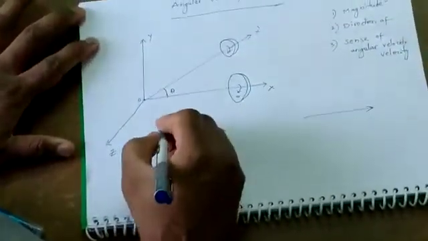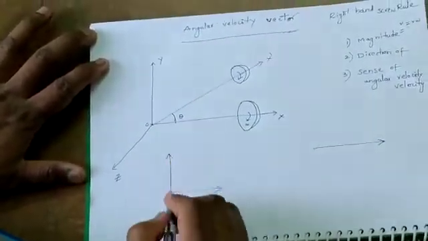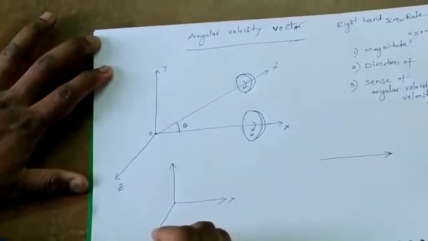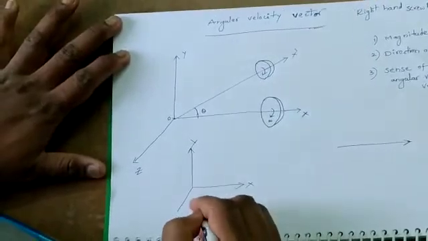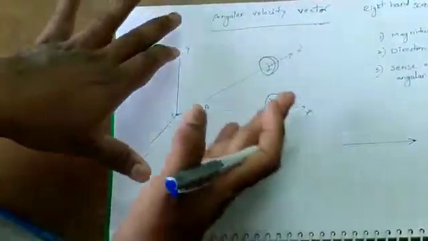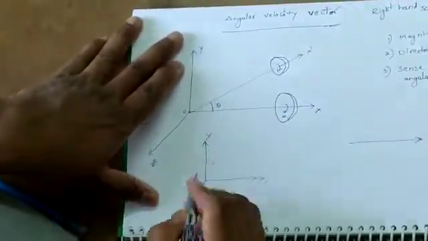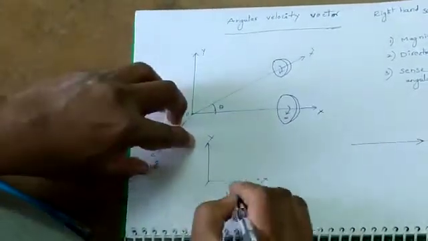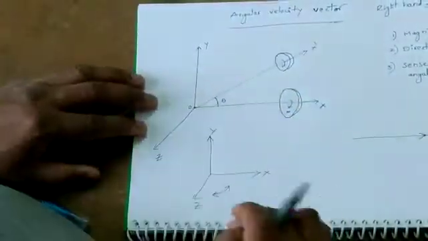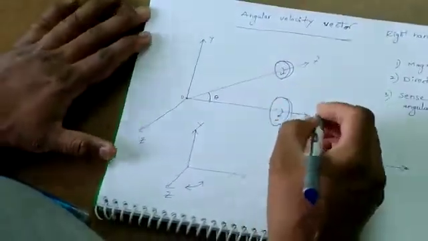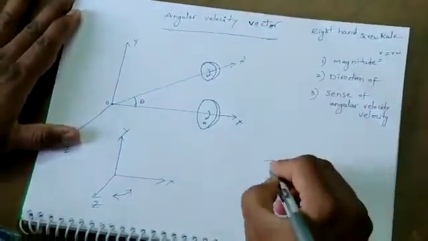To understand this, let me make it simple. The x-axis rotation will be along the xz plane. See, this is x, z, y. So that means we are in the horizontal plane. The axis of rotation of the rotor is rotating in the horizontal plane about the y-axis, in this direction. Whenever the axis of rotation of a rotor is rotated like this, the final position will be shown like this.